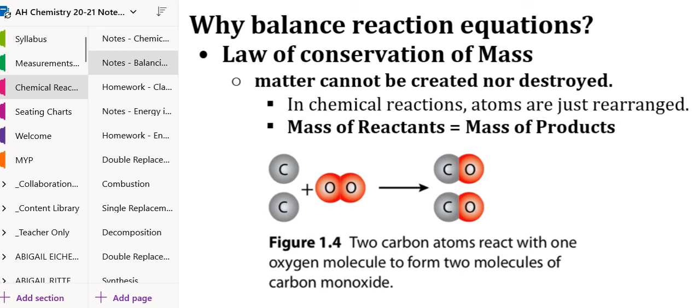So today we're going to be talking about balancing chemical reactions. When we're balancing chemical reactions, what we're doing is making sure that for each atom in our compound, we have the same number of that element in the reactants, what we start out with, and in the products, what we end up with. And the reason why we have to balance chemical reactions is because of the law